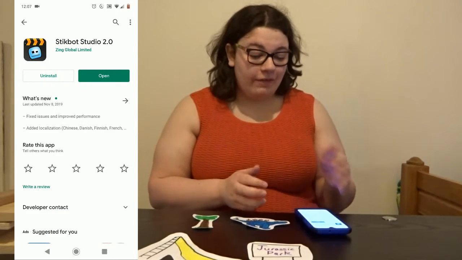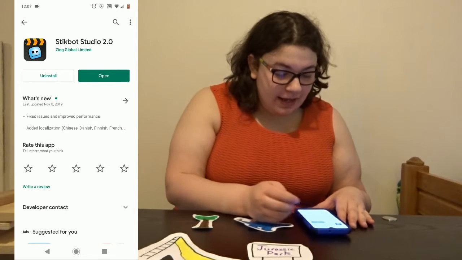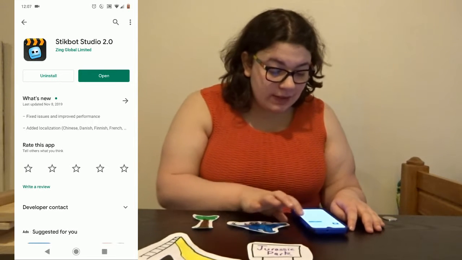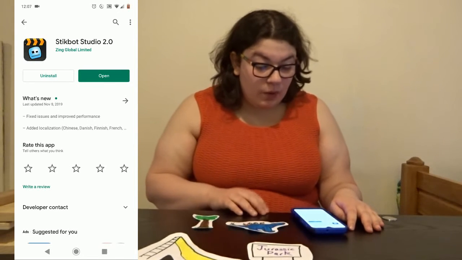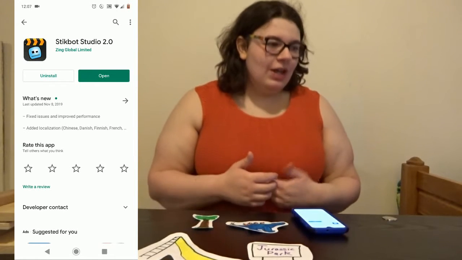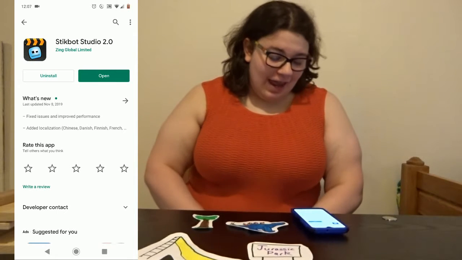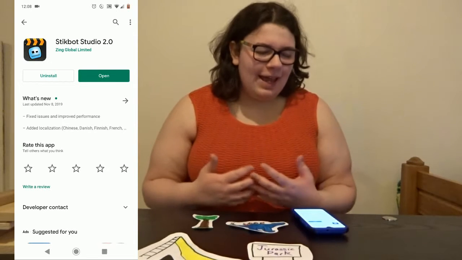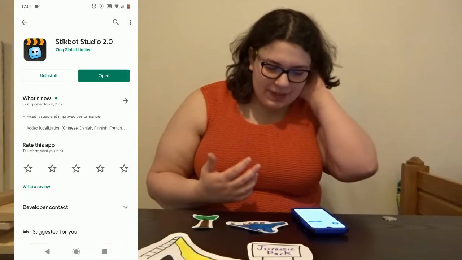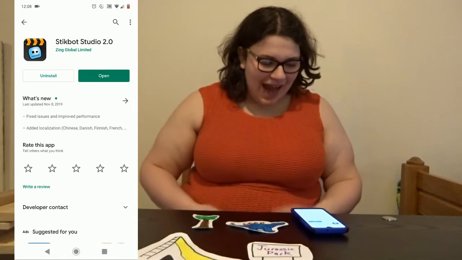Okay, so if you look at the phone, you will see that I have chosen StickBot Studio 2.0 as the app we're going to use. This is something that can be found on both Apple and Android devices, and it seems to have a lot more free options. You can edit videos and you can add sound. A lot of the other apps I was looking at, you had to pay a little bit so you can use some of these features, but this is specifically designed for kids, and so a lot of the things are free. So you would open that up,